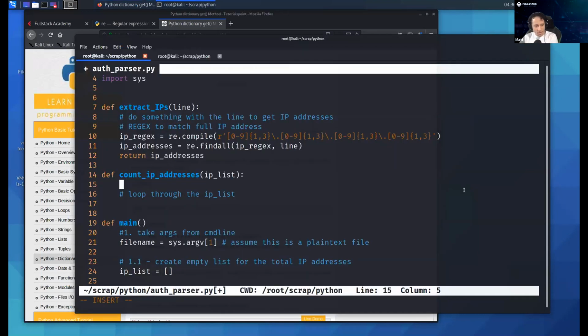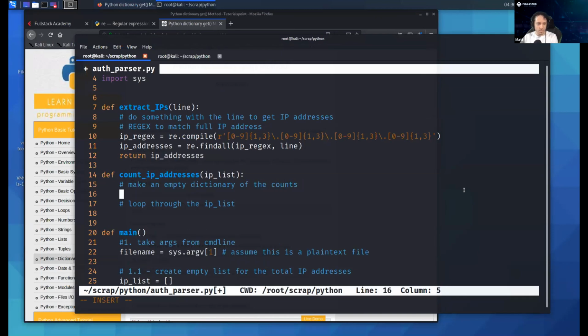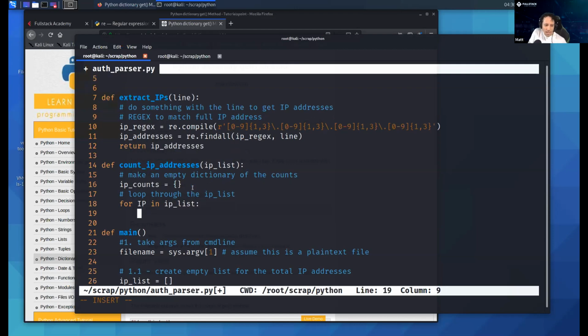So before we loop through the list, we have to make an empty dictionary of the counts. Right, so we could do that. We could say ip_counts equals dictionary. Okay, we can loop through the list just like you said. For ip in ip_list. Wow, I should be much more consistent with my capitals and not capitals. Don't be like me. For ip in ip_list,